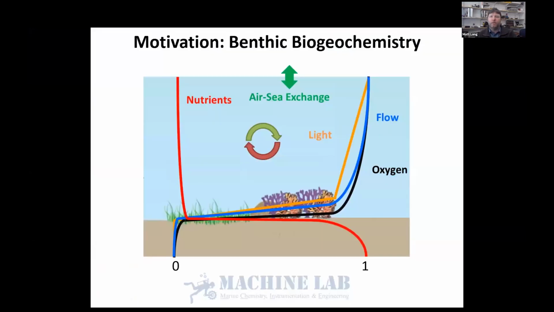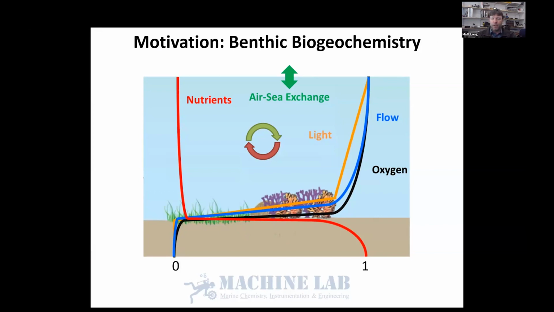So a little motivation about what drives my interests and what drives the engineering that occurs in my lab. Here we have a very simplistic diagram of a benthic water interface. Here I'm showing seagrasses and corals. I commonly work in shallow coastal environments, but these same principles and physics carry over to just about any benthic environment. So we have some gradients. Those gradients change very quickly at the sediment surface. So it's quite an interesting place to work, but we can also use these gradients and changes to actually measure